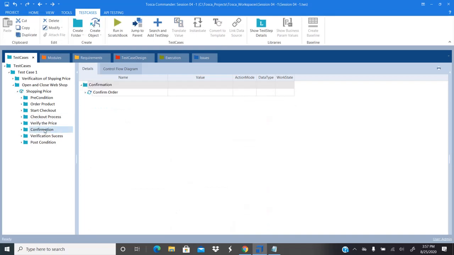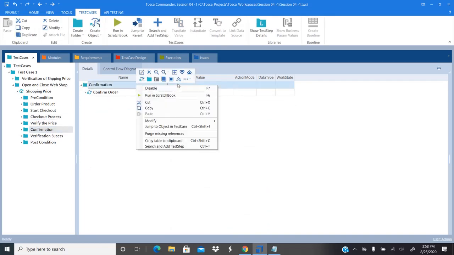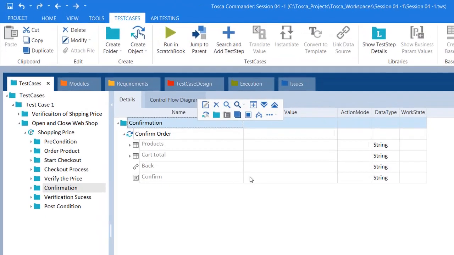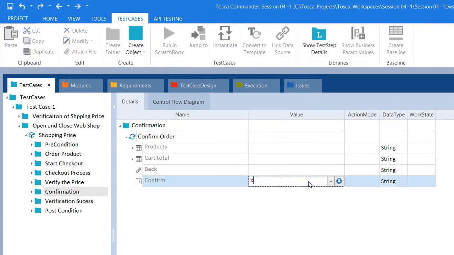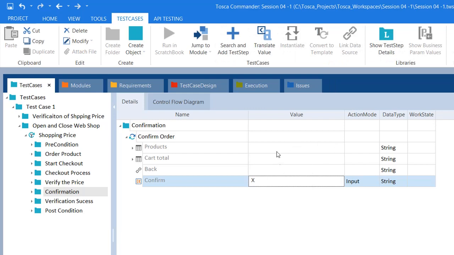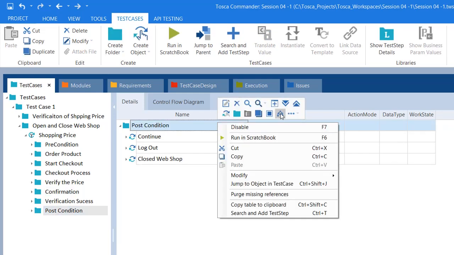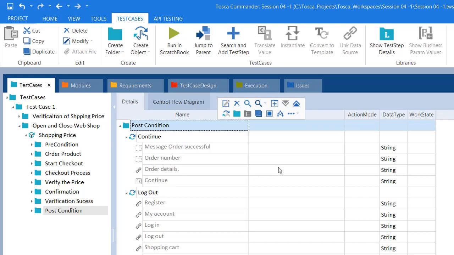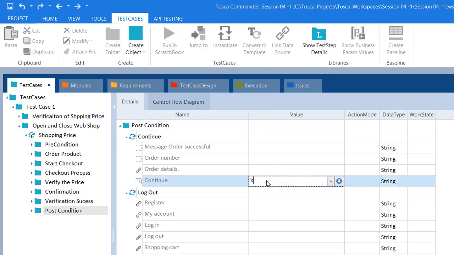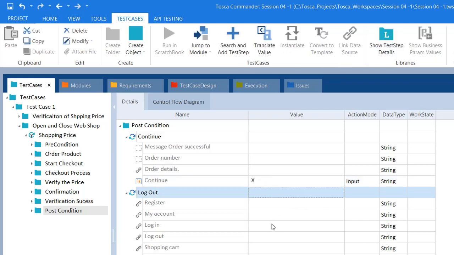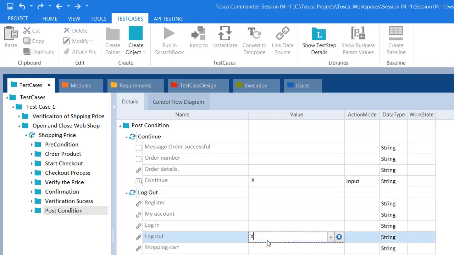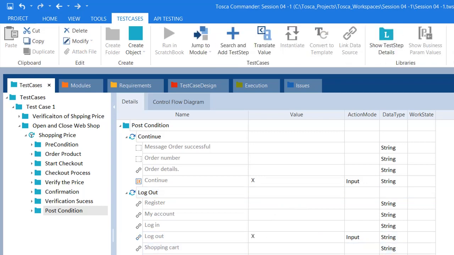Done. So then go to confirmation, expand this confirmation, and here I'm going to click on confirm. So validating the prices I'm going to show you in a later session. Okay, and then go to post condition, expand this, and here I'm going to click on continue, because once I enter confirmation you will be going to the confirmation page, and then you need to click on continue. Once you click on continue, I have to log out from the application, and then of course we already entered